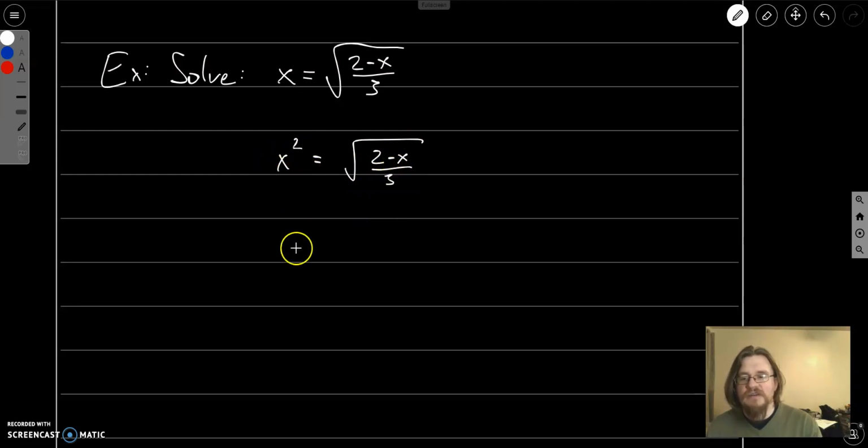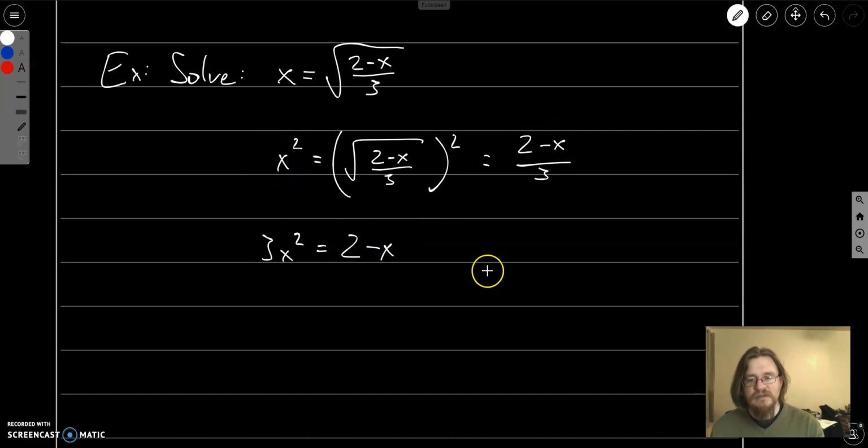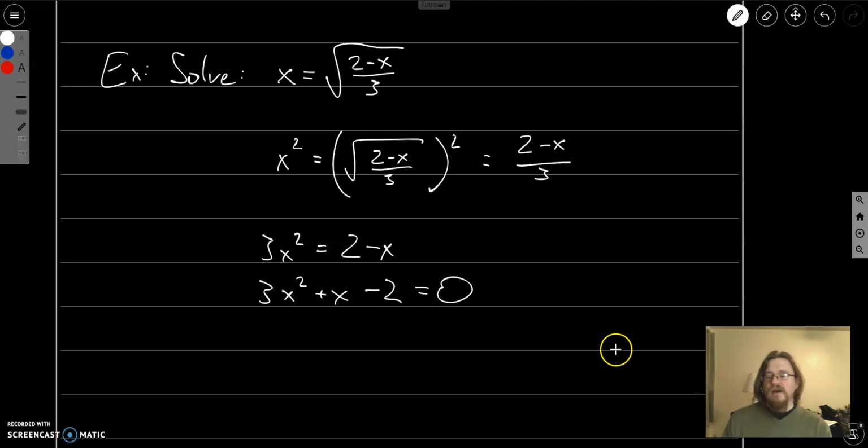Let's square both sides. If I square the left-hand side, I've got x squared. If I square the right-hand side, I'll get (2 minus x) over 3. And now, again, maybe I don't like these fractions, so I can multiply everything by 3. If I multiply the left-hand side by 3, I get this. Multiply the right-hand side, I get this. And let's move everything over to this side, plus x and minus 2, equals 0. We have ourselves a quadratic